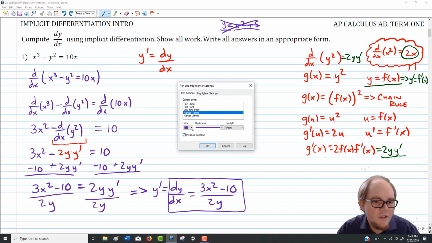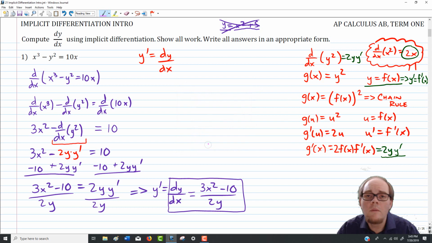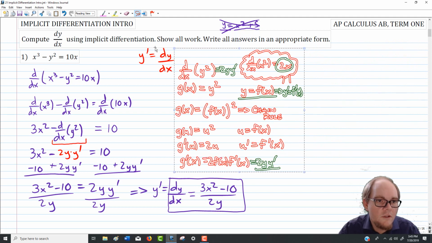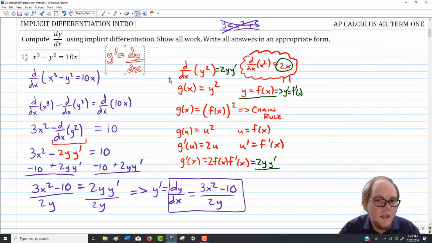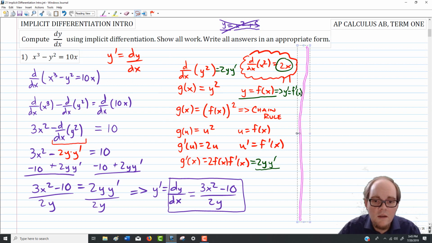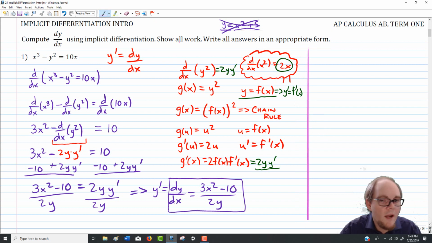Now, I mentioned at the very beginning that there is another way to approach this particular problem. That isn't going to be there every time, but since there is a second, more or less easier way, it might be worth pointing out that we can check to make sure that we did in fact find the correct answer. What I'm going to do really fast is clean out some space and look at the alternate technique that we had available to us. Specifically, if x cubed minus y squared equals 10x, then